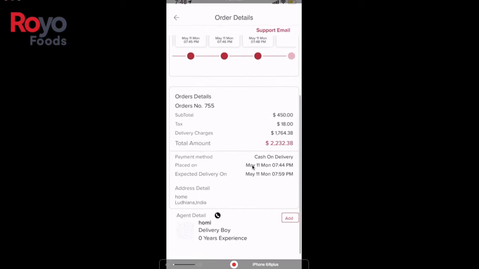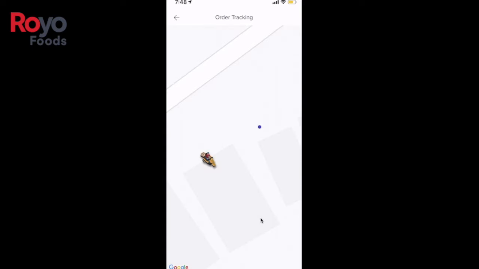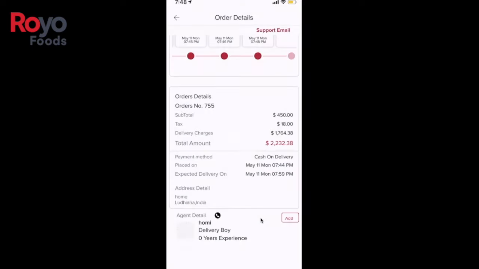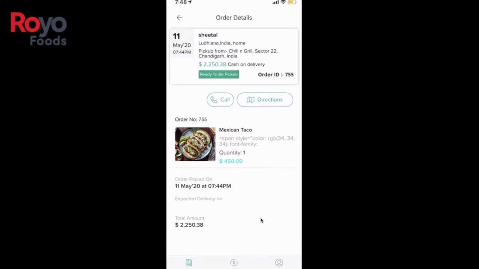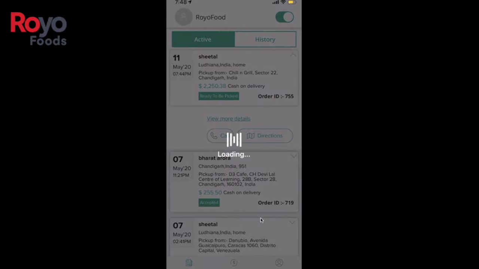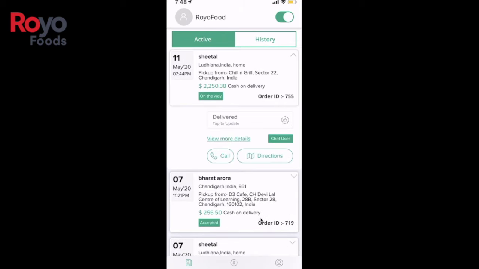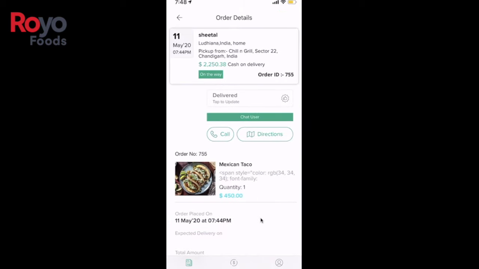And then the customer can actually see the details regarding the delivery boy, and in case he wants to track that particular order, he can just click on this option and the real-time tracking would be done. So once the order is delivered, just a second, I'll just go to the driver application that we have. The status has been changed to on the way over here as well, so you can see the status changed to on the way.